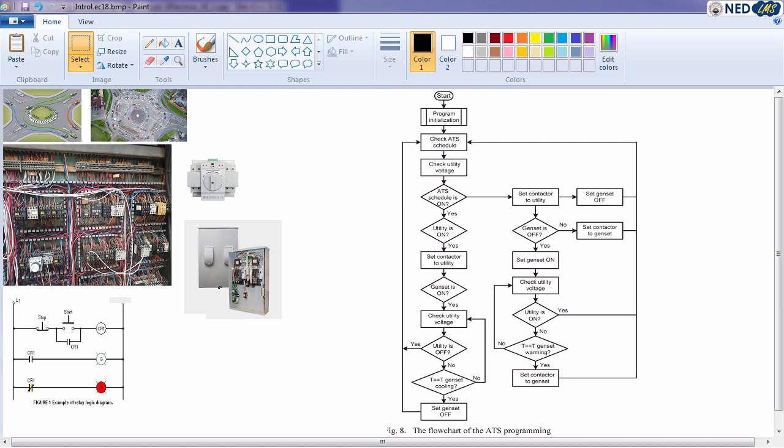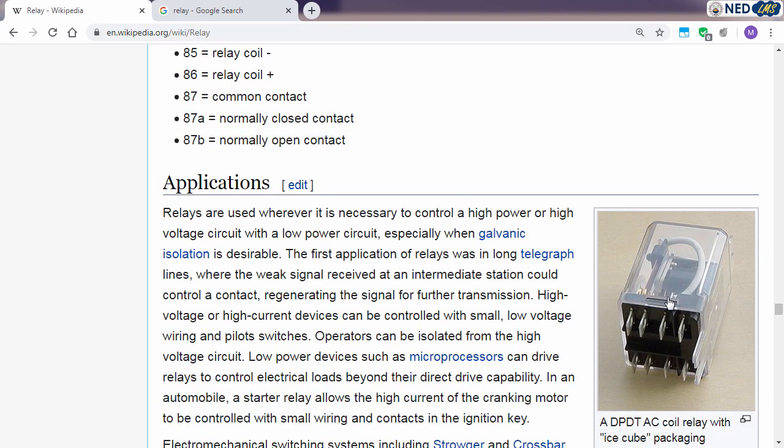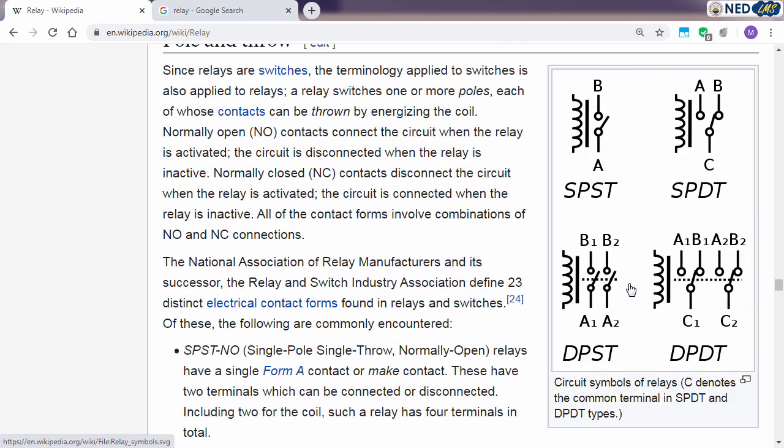Quick review of what relays are. If you are using microcontrollers to control heavier loads, microcontroller outputs are basically 5 volts or maybe less than that. Maybe it's 5 volts and you want to control a 220 volt or a 408 volt load, so obviously you cannot connect them directly. You need some kind of electromechanical switch, such as a relay. A relay comes in various shapes and sizes. If you search for relay and check out this Wikipedia entry, it comes in this shape as well, and it has various voltages, but this is the basic